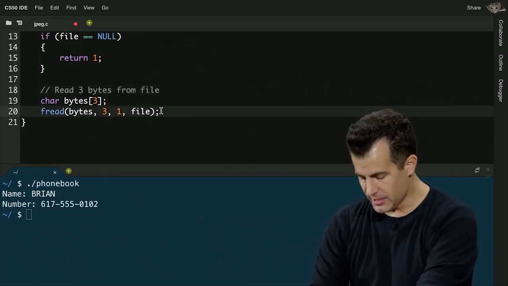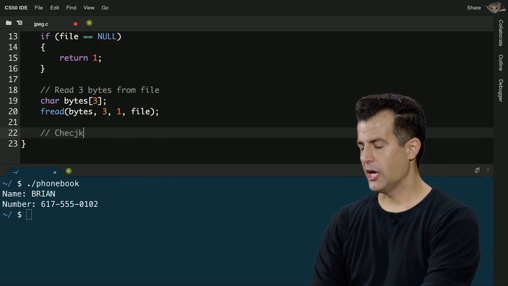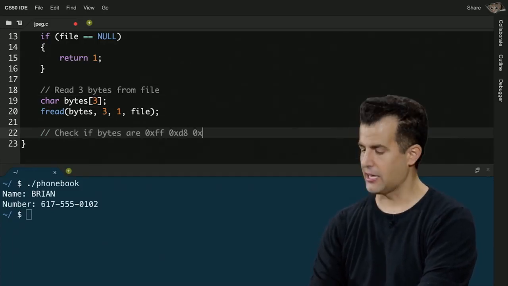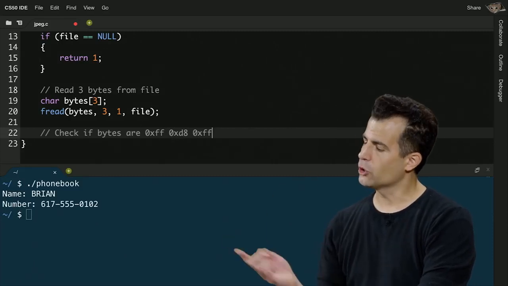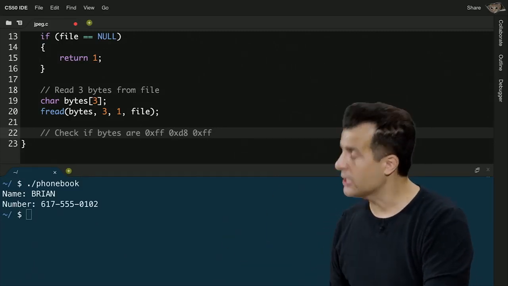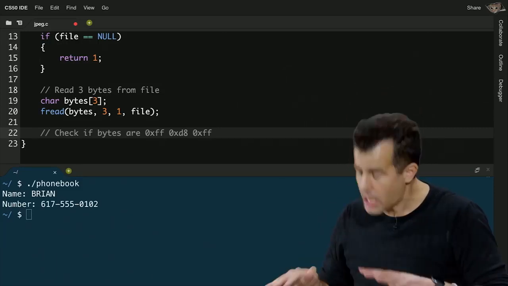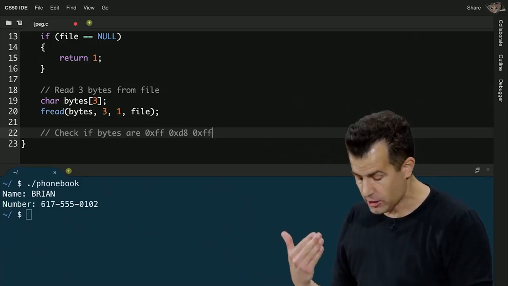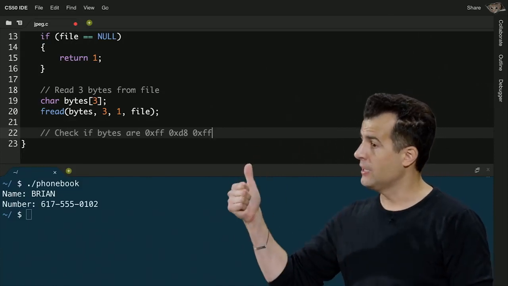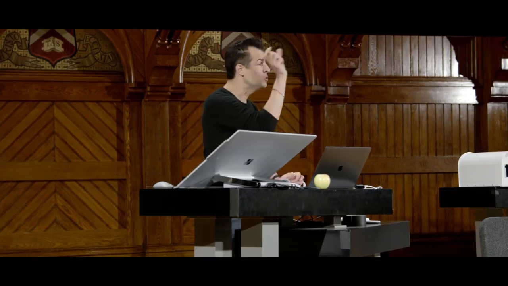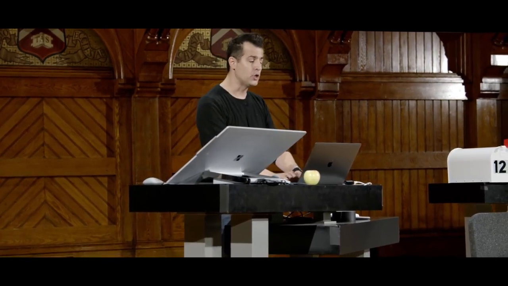And why am I doing this? Well, it turns out to check if the bytes are 0xFF, 0xD8, 0xFF. So again, coming full circle to hexadecimal, it turns out that in the documentation for the JPEG image format, the first 3 bytes of any JPEG in the world, any photograph you've ever taken with your camera, start with FF, then D8, then FF. This is a so-called magic number that the designers of the JPEG format just decided to use as a sort of clue at the beginning of the file that, hey, here comes a JPEG image.